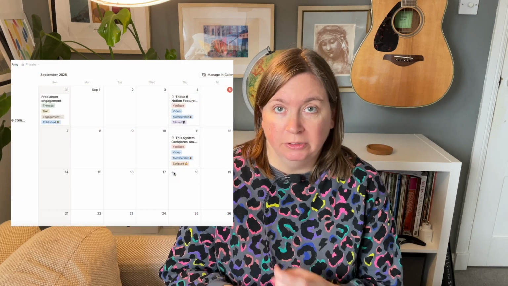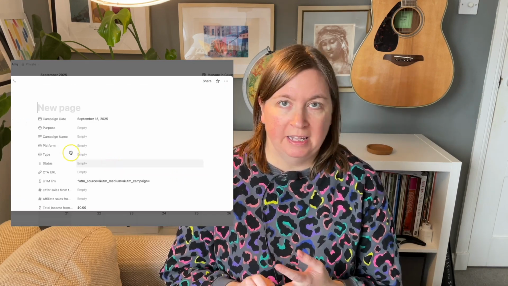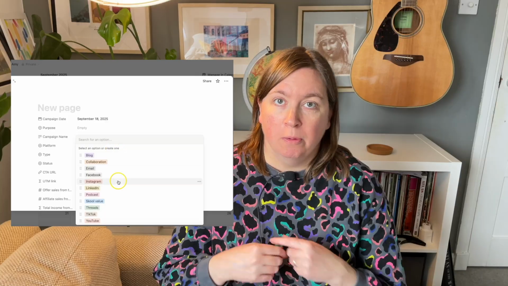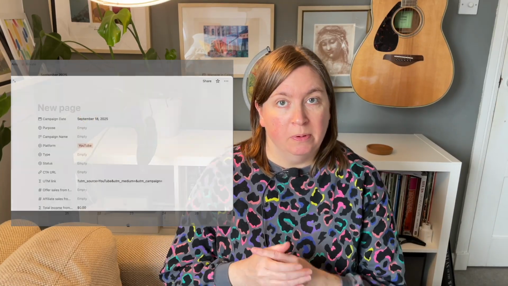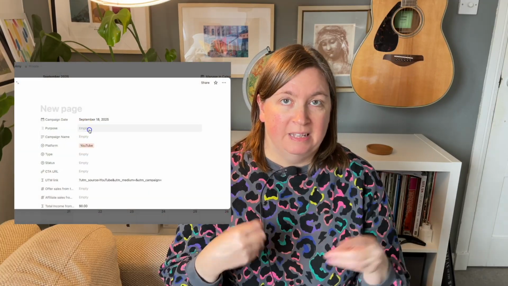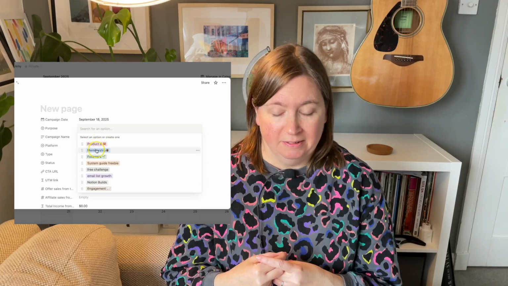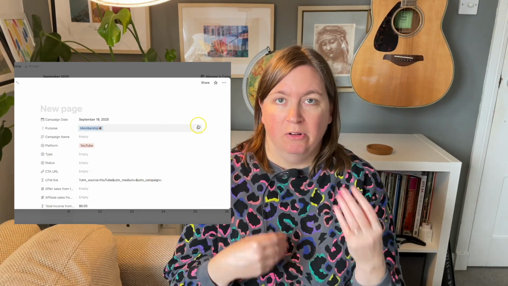If you use a single select property to tag what platform you're using, so for example, Instagram, LinkedIn, maybe collaborations, or maybe you're doing a lot of cold outreach, you can then track how much you showed up on each platform or using different tactics at the end of the month. The same goes if you use a single select property to tag the purpose of your content. So did you create this piece of content or this marketing action that you're taking